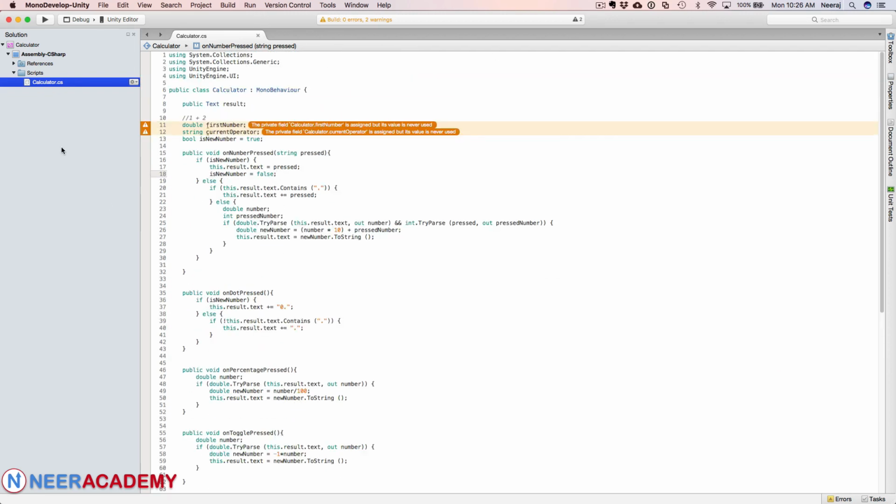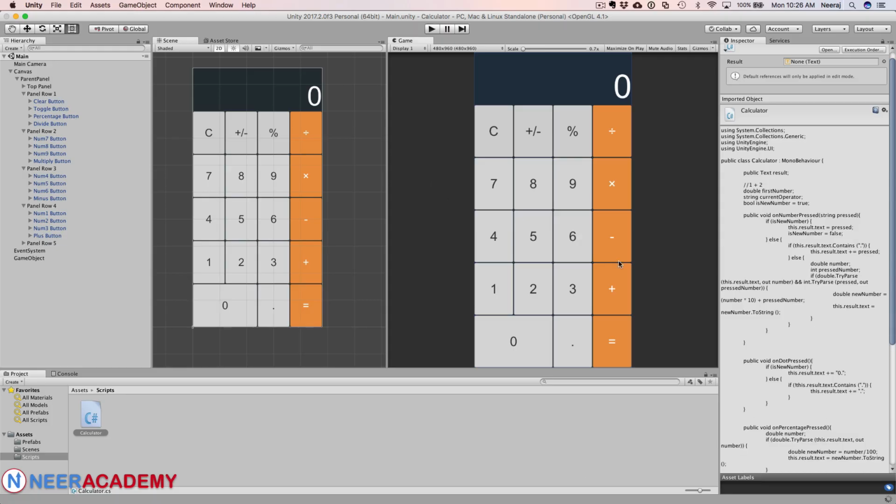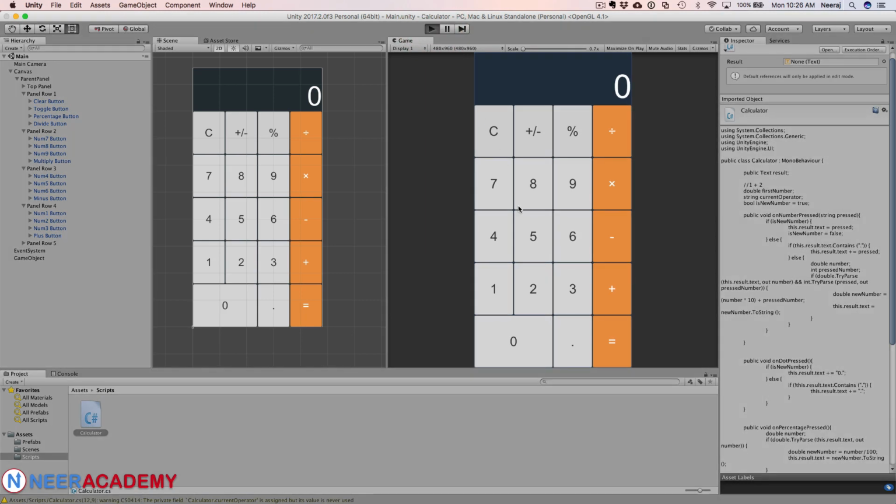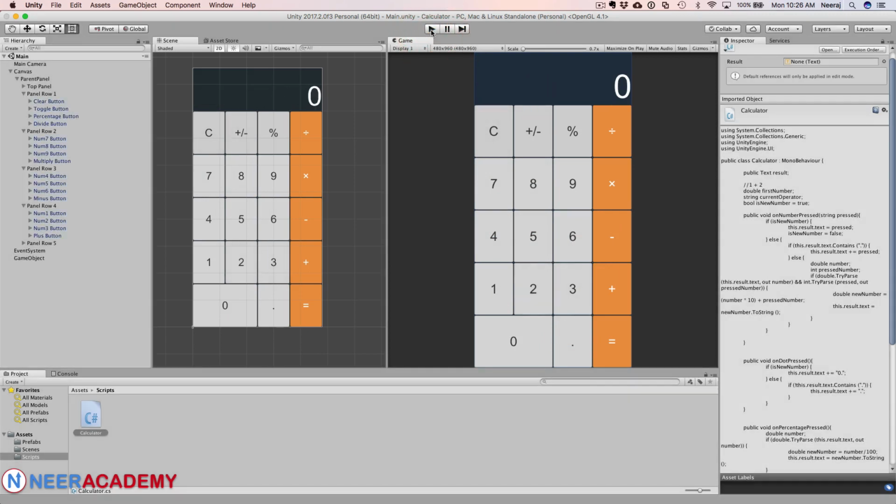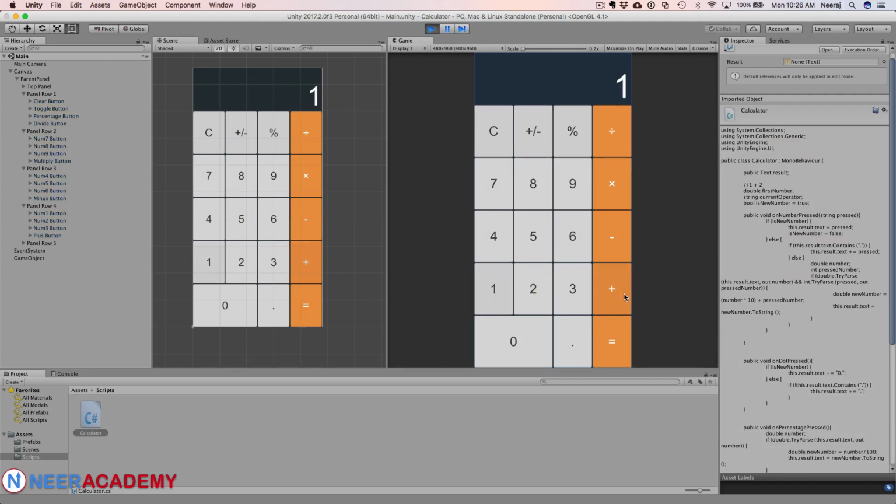Let us run it again. Just save it here, and then let us run this app once more. So 2 plus 3, 6. Yeah, now it is working. And also, 1, and then if we press 1 plus and we press dot,